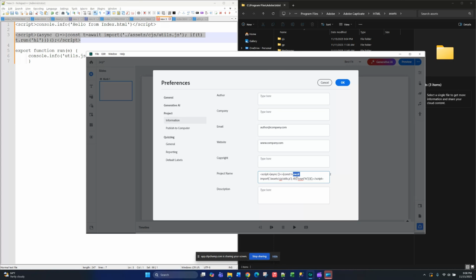So we're awaiting the import of this external file. Notice the location here. It corresponds to the assets folder. It's a relative path, so it can travel nicely. And it's CJS, which is our custom JavaScript folder. And it's our utils file,